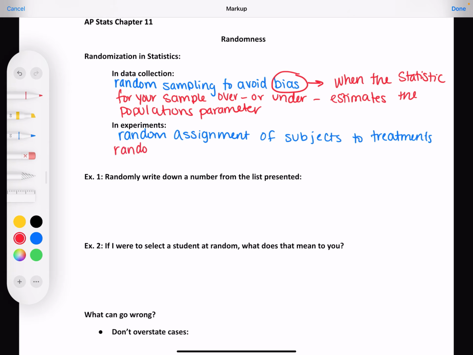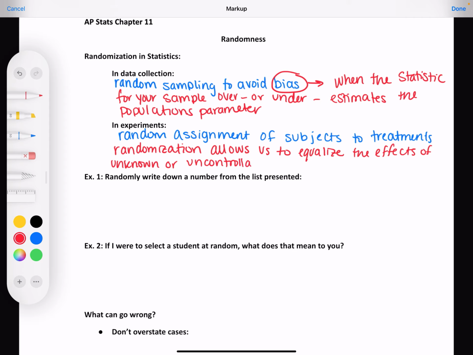Randomization allows us to equalize the effects of unknown or uncontrollable sources of variation among treatment groups.